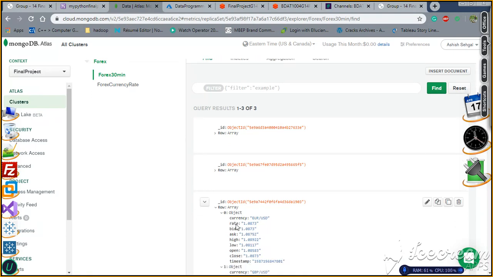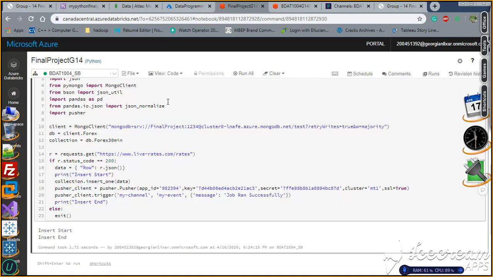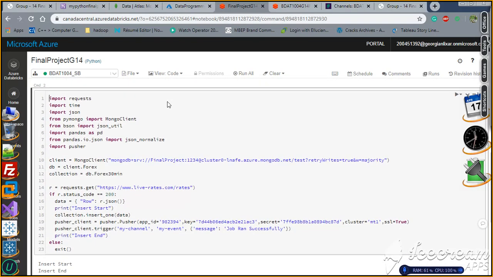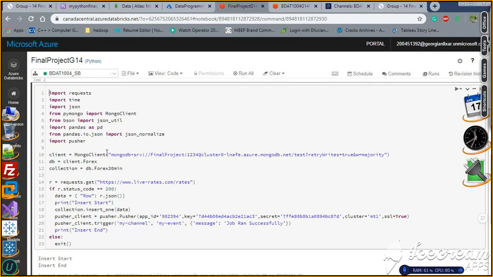This is a demo of the data which is being fetched from the API. We have used a cluster on Databricks in order to script our web application. This is a Python script which is scheduling the fetching of the data from an API and feeding it to the database on MongoDB.